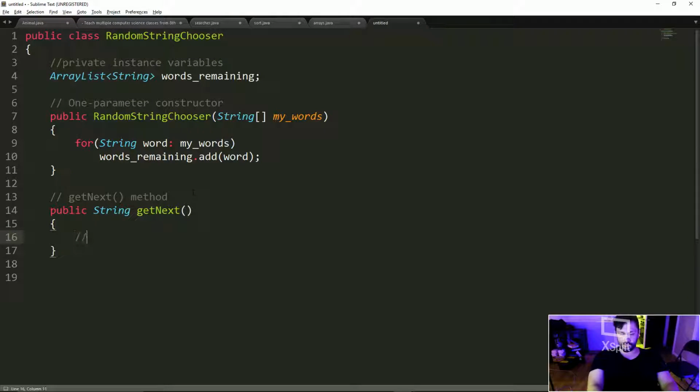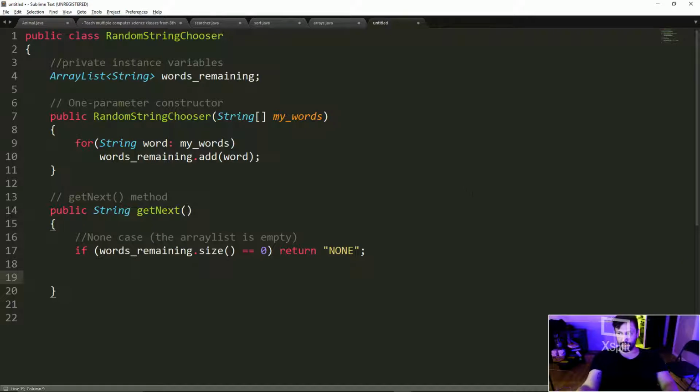So now we're going to have to make the getNext method. So what we can say is we have to have the none case where the array list is empty. So I'm going to do that first. So I'm going to say if words remaining dot size is equal to 0, return none. So that takes care of it if there's nothing left. But now we have to generate the random index, and to do that, I'm going to say int random index gets, and then